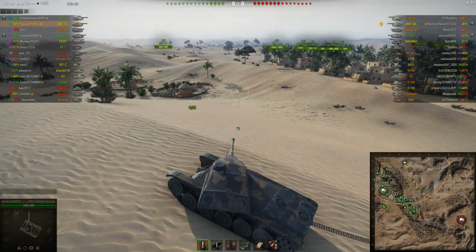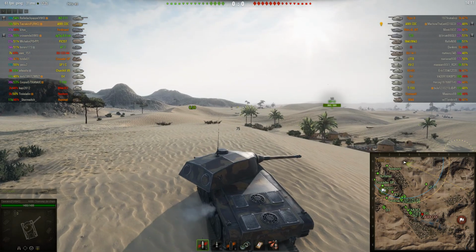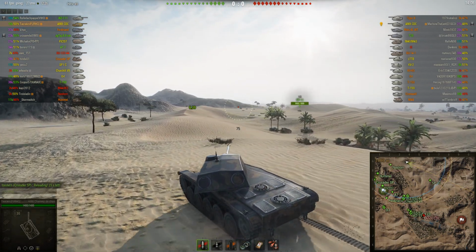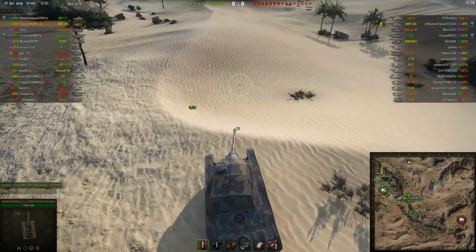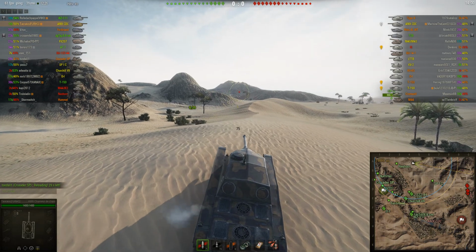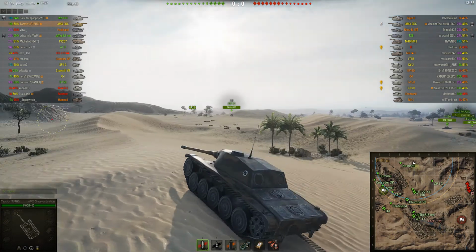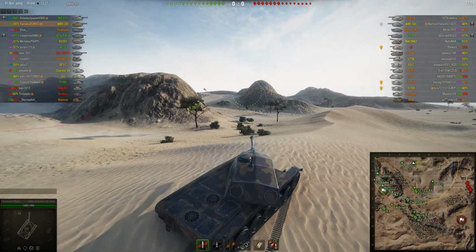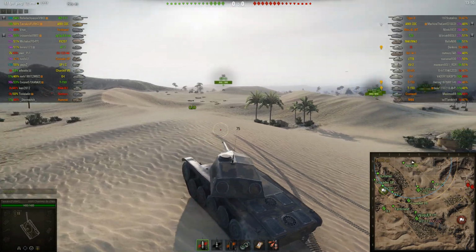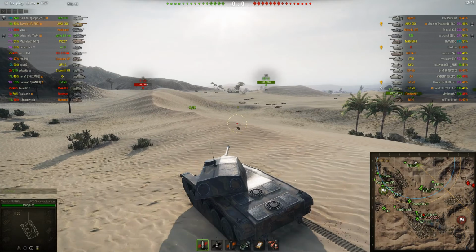But let me show you what I mean with good gun depression. Look at that. If you're sitting at a dune, you normally have a lot of trouble shooting over it. But with the AMX CDC, you just peek over it and shoot down like that. Works just fine. Of course, it doesn't always work, and this is not too imbalanced, but...